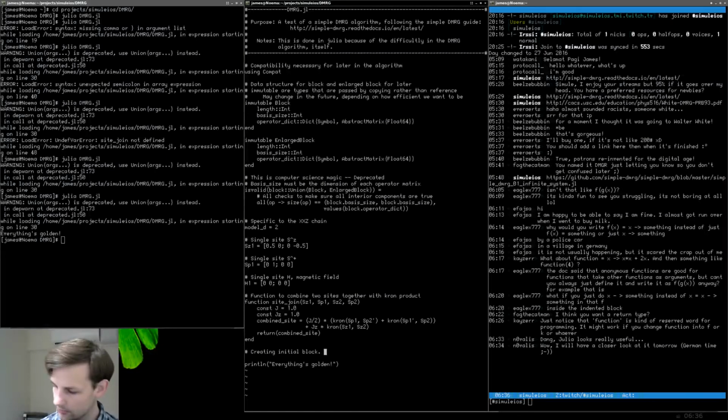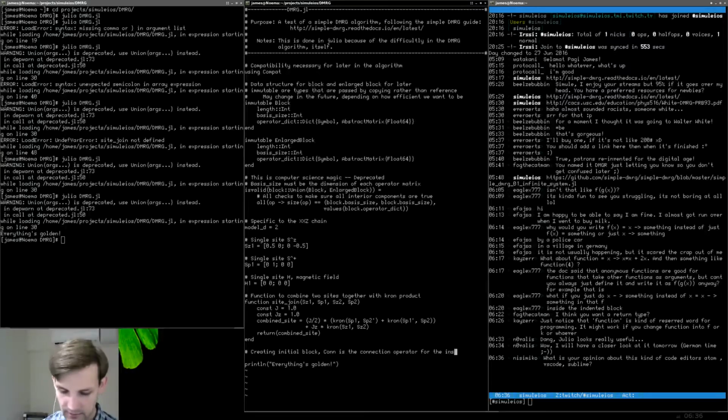What do I want to do? I want to say connection refers to the connection operator. Con is the connection operator, for the inside edge of